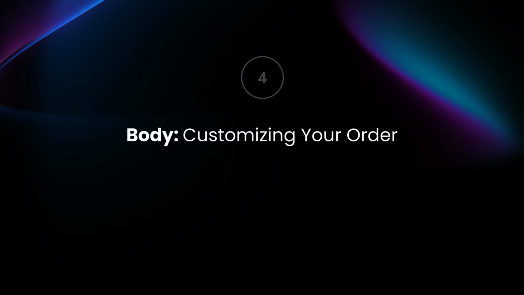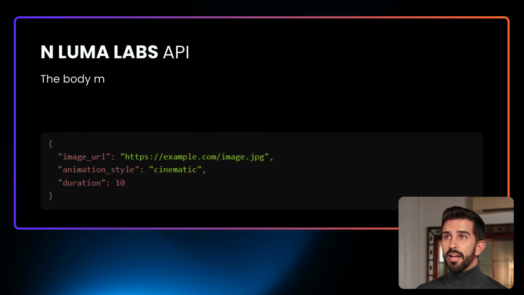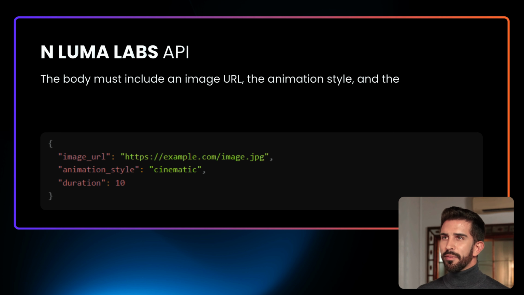4. Body, customizing your order. If you're ordering pizza, you might specify toppings, crust type, and size. Similarly, in an API request, the body contains details about what you want. In Luma Labs API, the body must include an image URL, the animation style, and the video duration, as shown